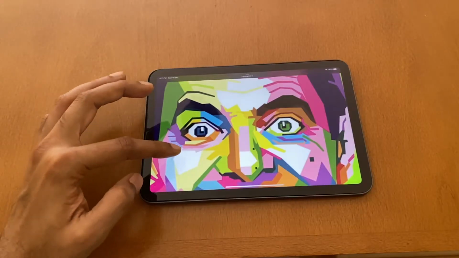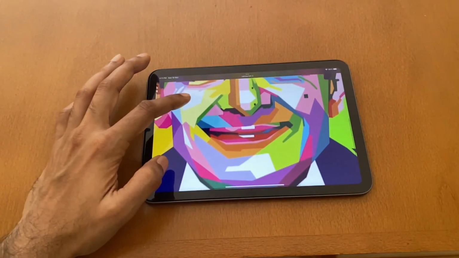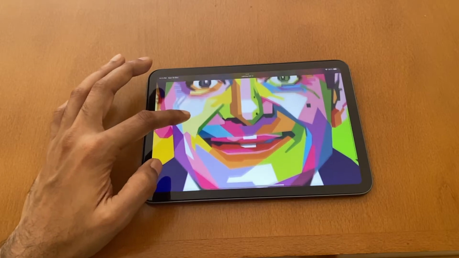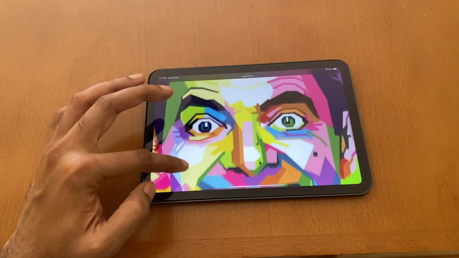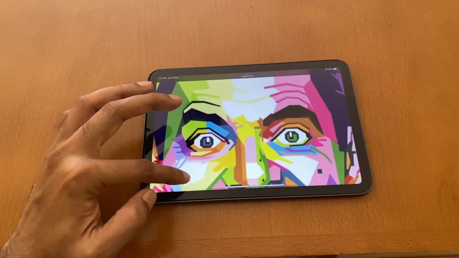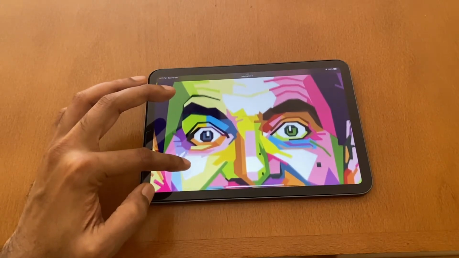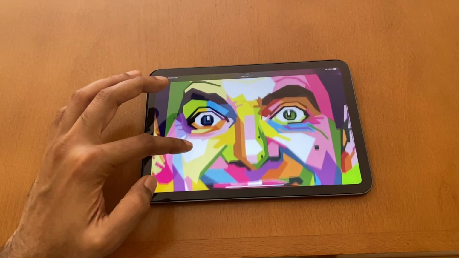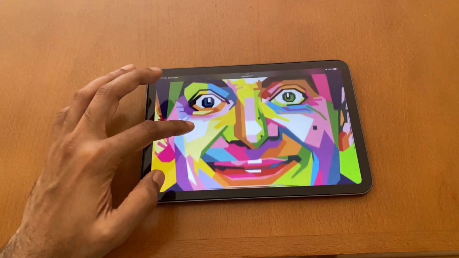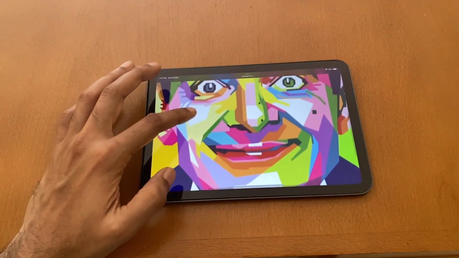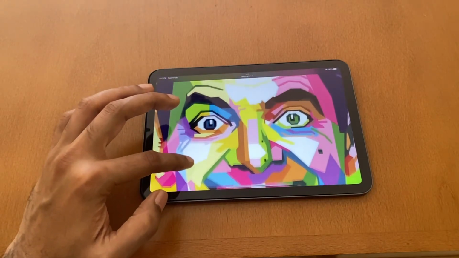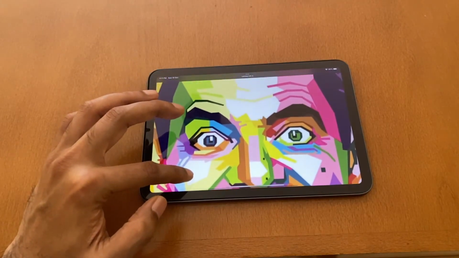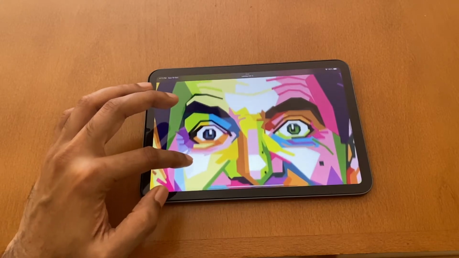Let's start with the image scrolling test. As you can see, it is not really noticeable in the landscape orientation, and the reason behind that is because the display is refreshing row by row. The jitter that you see right now on the screen is because we have slowed it down and the refresh rate of the display is 60 Hz. If it was a higher refresh rate display, even this jitter would not have been there.